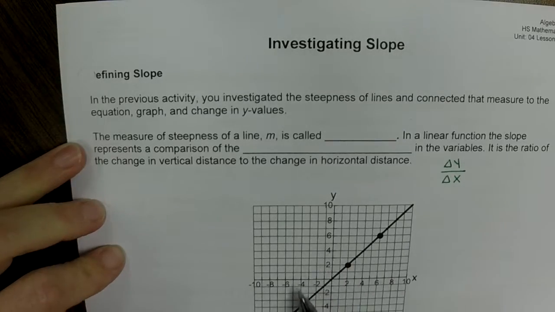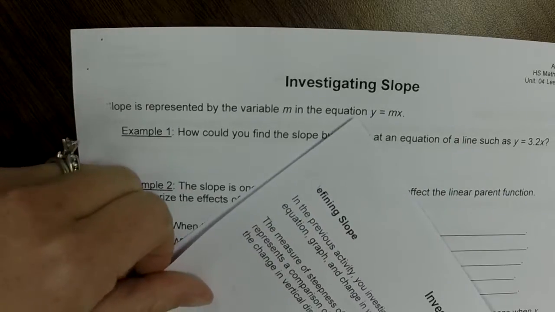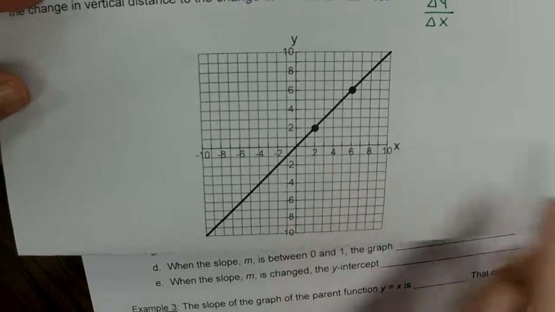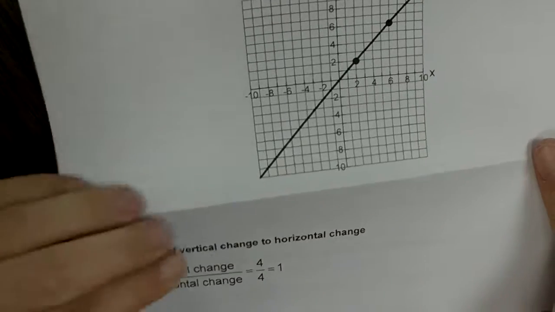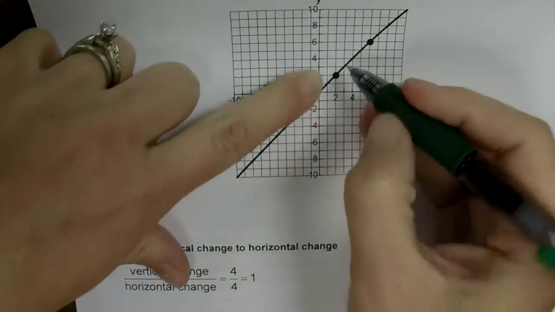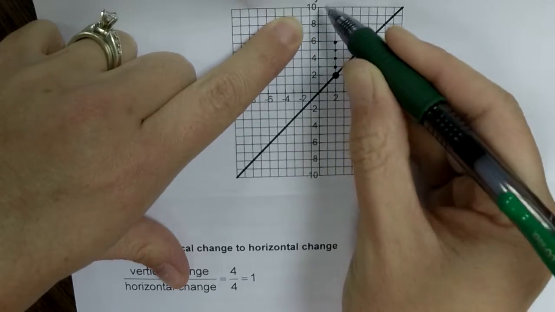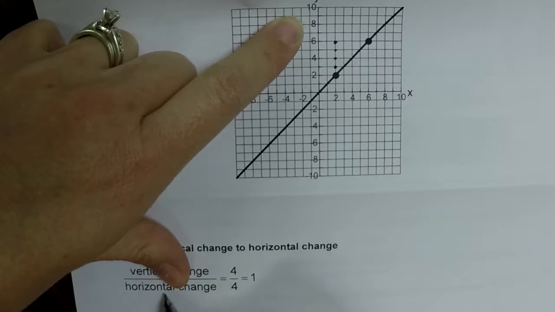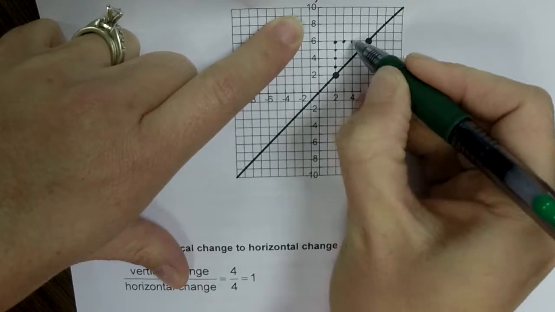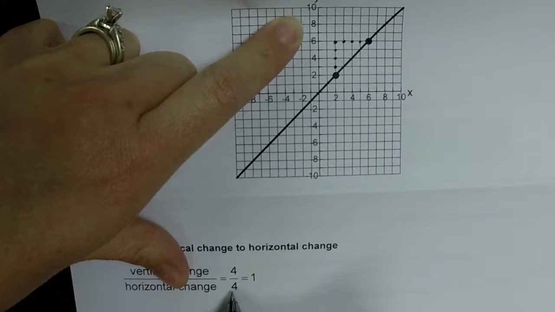Then they give you an example here in the graph, and they want you to find the slope, and they actually provide you with an example of how to find the slope. It says, what's the vertical change? So again, if we were to count 1, 2, 3, 4, and we went up, so it's positive 4. And then my horizontal change, 1, 2, 3, 4. So my horizontal change is 4. And then we went to the right, so it's positive. So we'd say 4